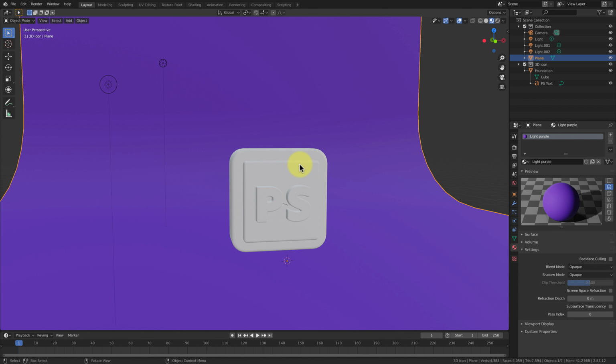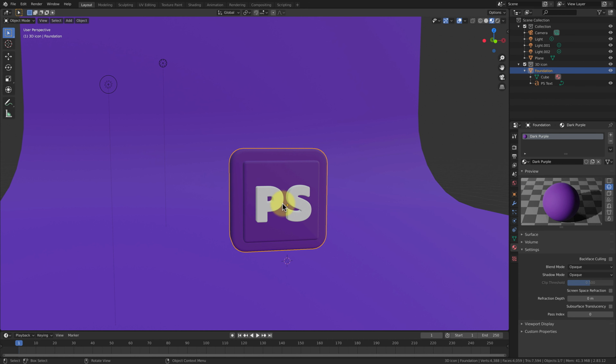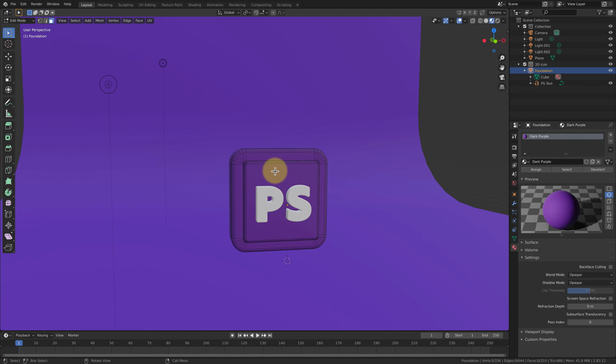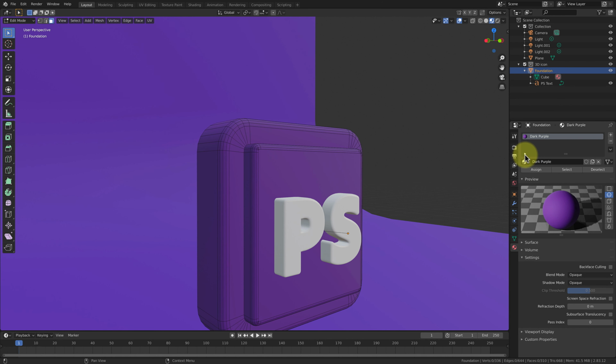So to do that, first let's select the foundation, and we want to add the dark purple, so everything becomes dark. Next, we want to select the surfaces for the front and then give them a different color. To do that, we need to enter edit mode and select those faces. So first, before we do that,